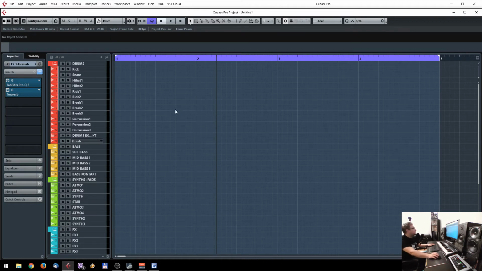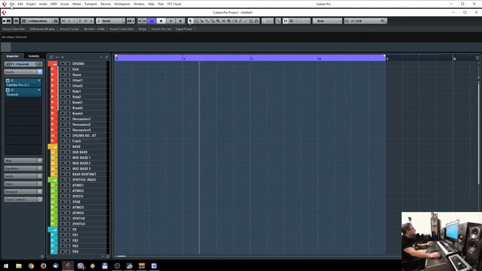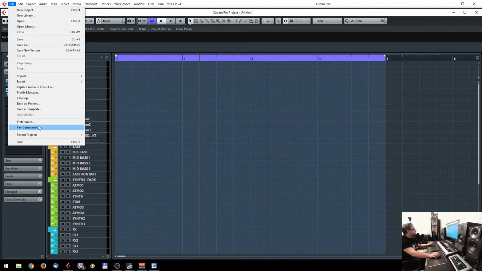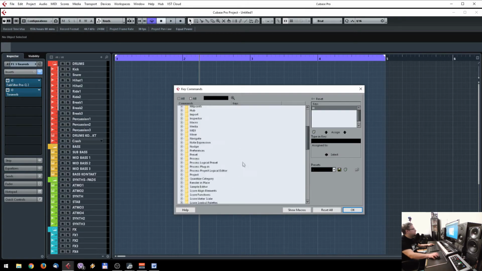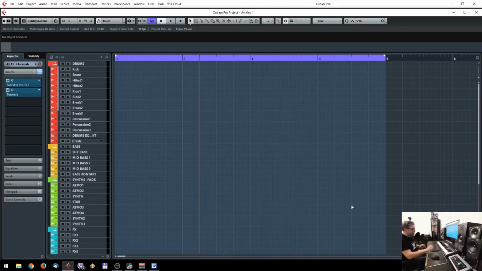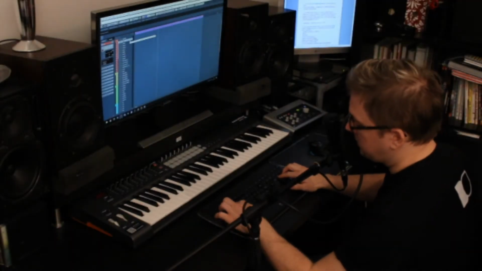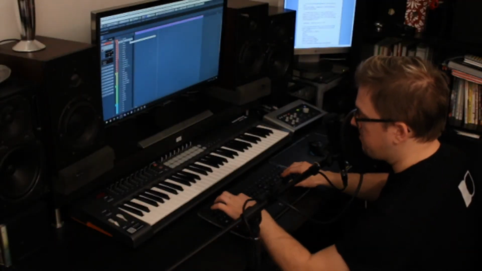Okay, let's go through some of the shortcuts I'm using. You can set all these shortcuts and key commands here in the File, Key Commands menu. You can go through everything there. What I found especially useful is open channel settings, which I've set on my keyboard on the E key. If you press E,